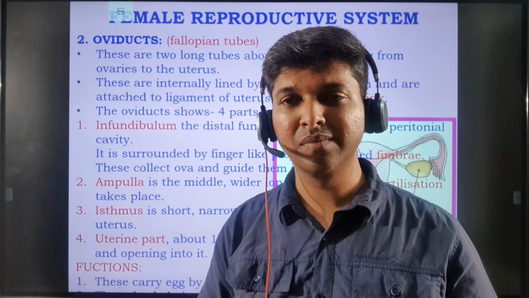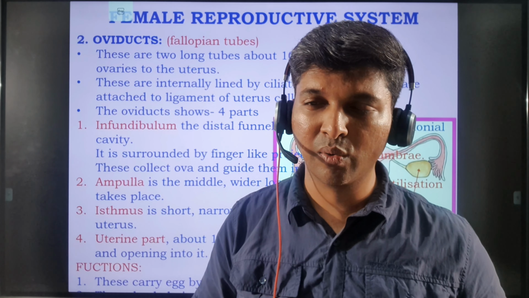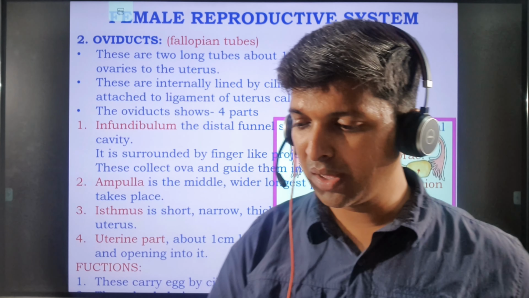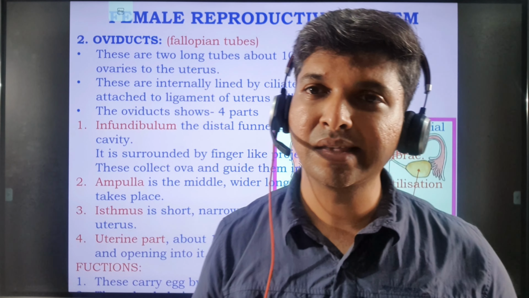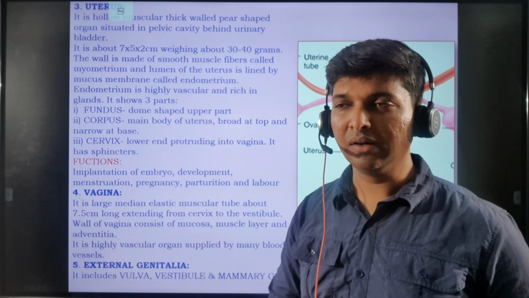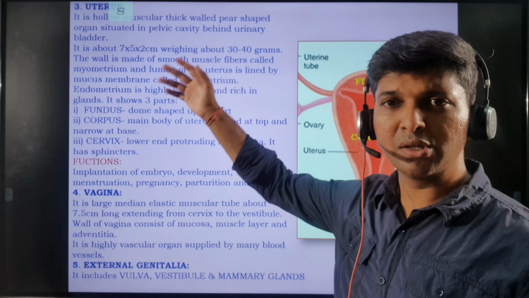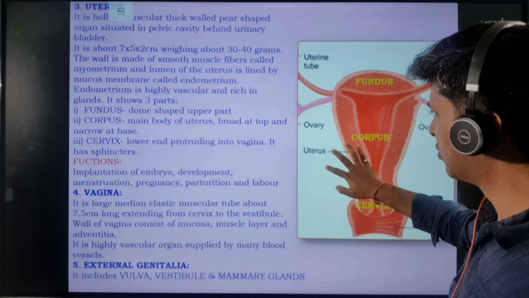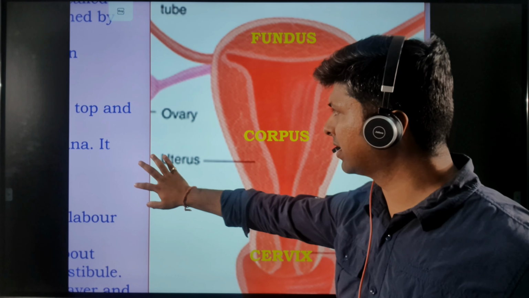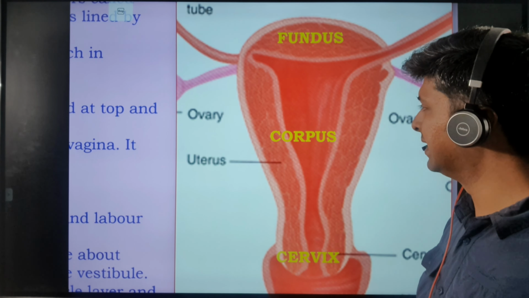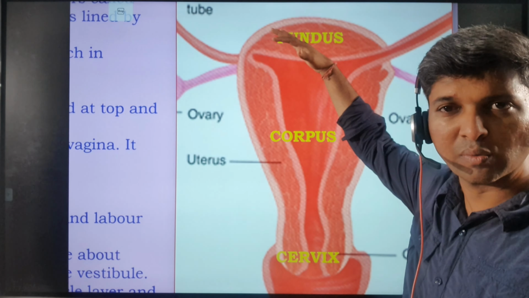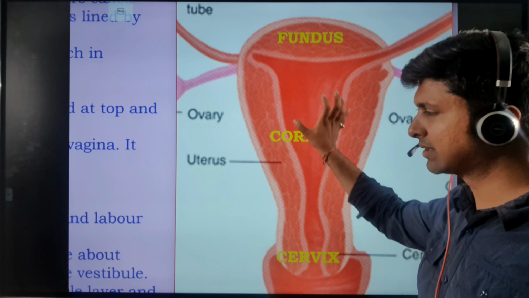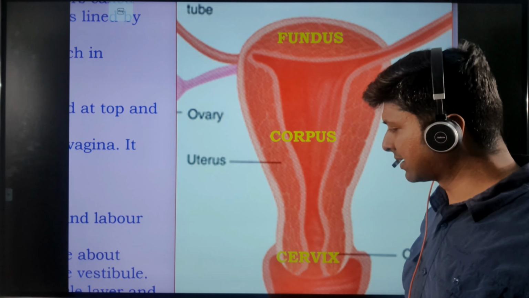We have already seen the initial part, that is ovaries and oviducts. Today we have to cover the next part of the female reproductive system, that is the uterus. So the uterus is further divided into three parts. Here you can see that it is divided into corpus, fundus and cervix. Fundus forms the roof of the uterus, corpus is the middle part of the uterus, and cervix is the